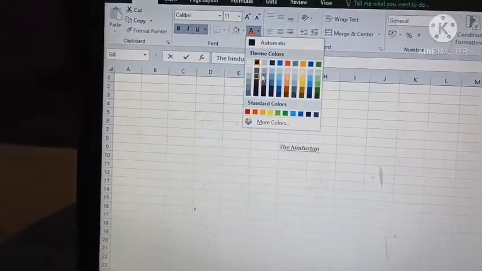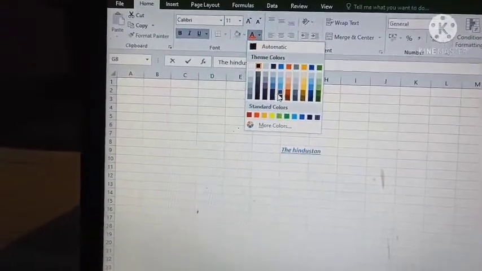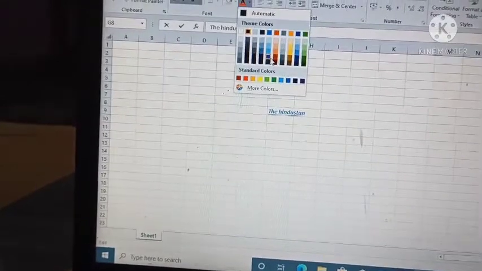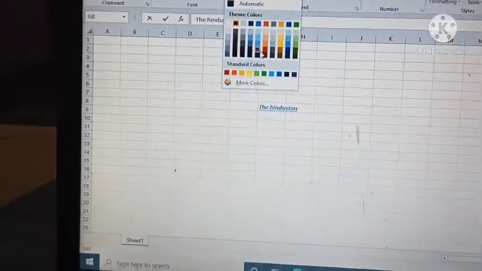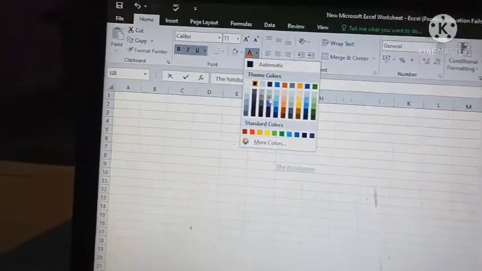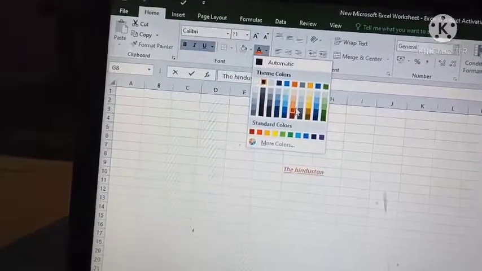Here more colors are available. The color of the text in the selected cell will keep changing on the basis of which color the mouse is kept on. Look at the screen carefully.